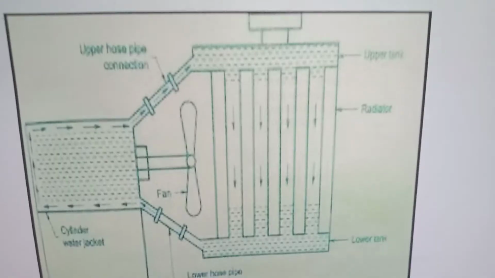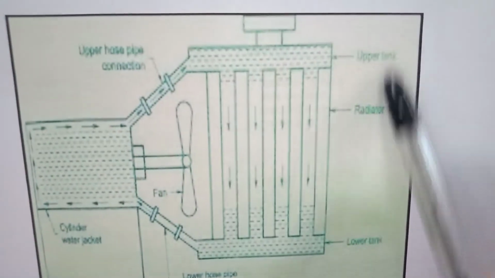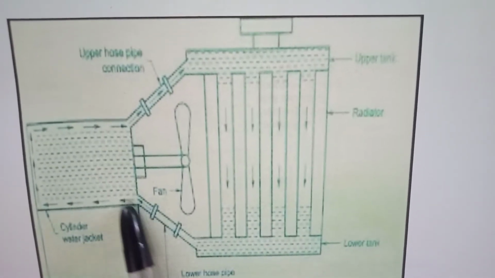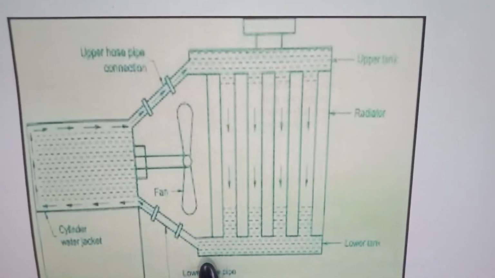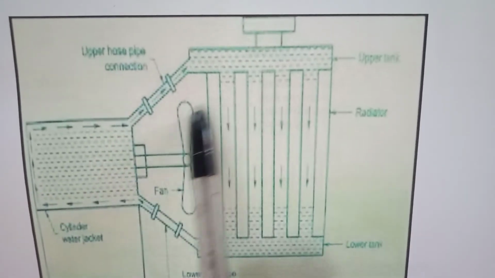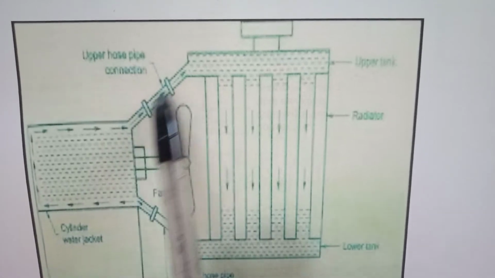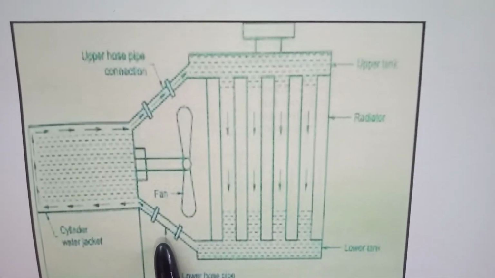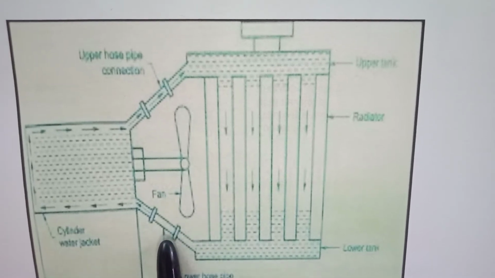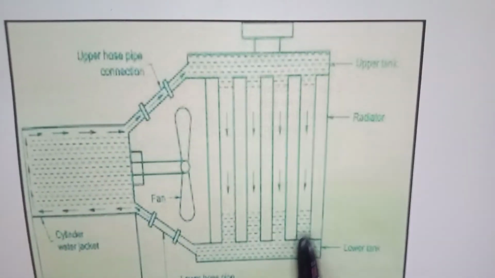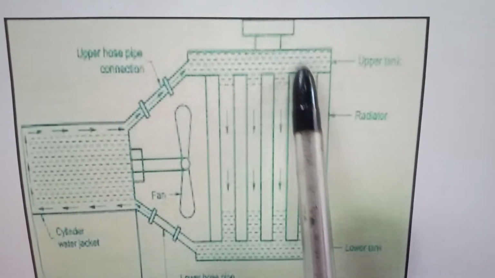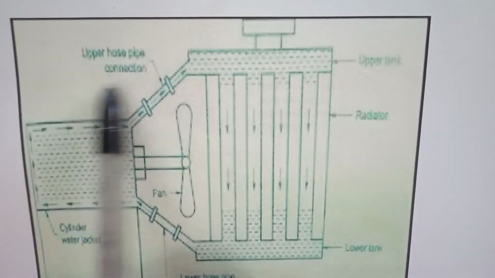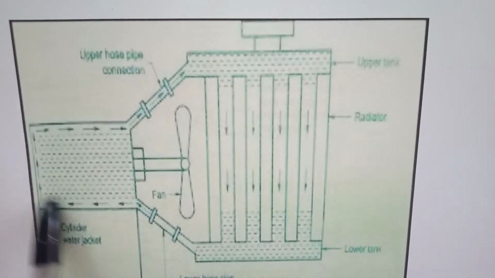Now this is the thermosiphon cooling system. This is the last type of the cooling system. So this is what we call a thermosiphon cooling system. This cooling system is employed in commercial engines, commercial low RPM engines, such as agricultural engines, or what we say construction site engines, or diesel generators. This type of thermosiphon cooling system is used because this is a low RPM engine, running at low RPM.